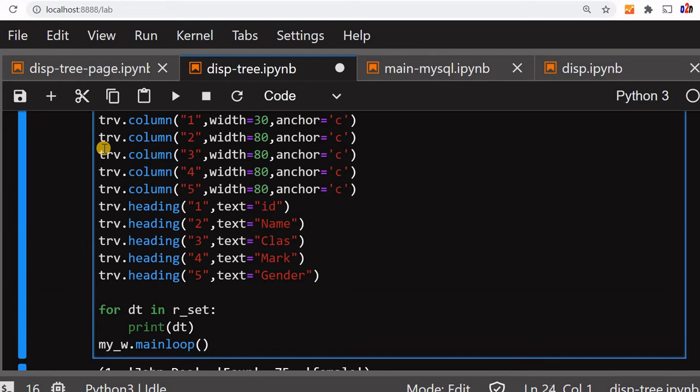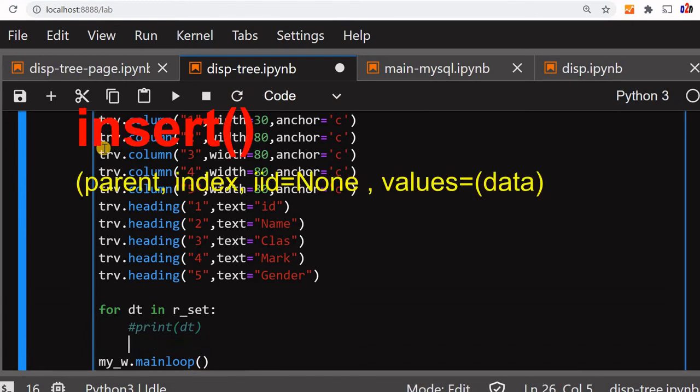We have already taken the data, so now it's time to push the data. This is the most important part. Let's comment this out. We will be using insert now. Inside trv.insert, the first one we'll leave blank. Then we'll say end, and we'll say iid. iid is the unique ID of that row, which we'll understand in detail in our tree view tutorial. Now it is i equal to 0.